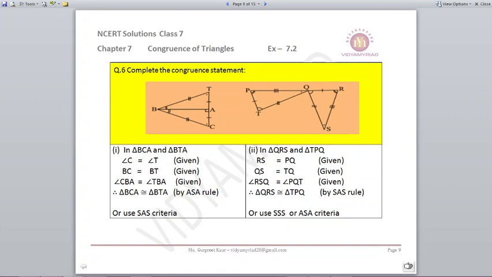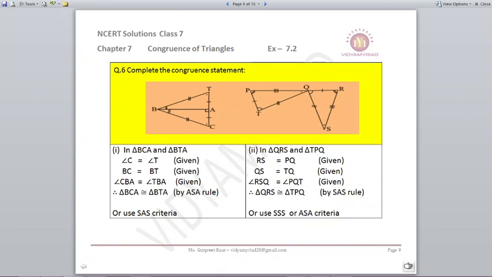That means you have BC as your side, that is given to you. You have angle CBA given to you. Even BA is common in between them, so you can use that criteria. Or you can take BC as the side equal to BT, angle C will be equal to angle T, your CA is equal to AT, so side angle side. So there are so many ways by which you can make the triangles congruent, but see that you make the proper pair for that and name properly.